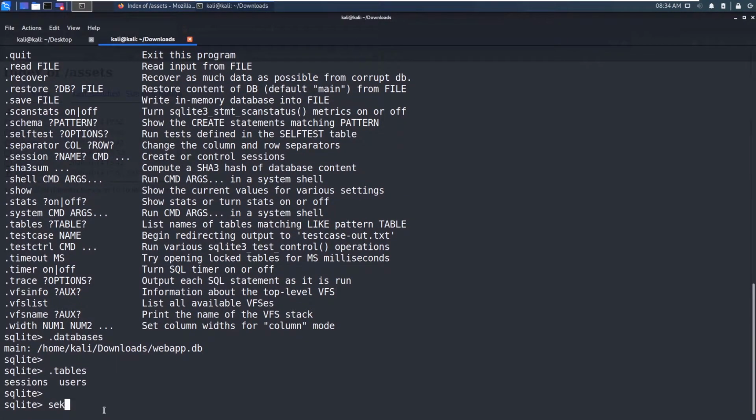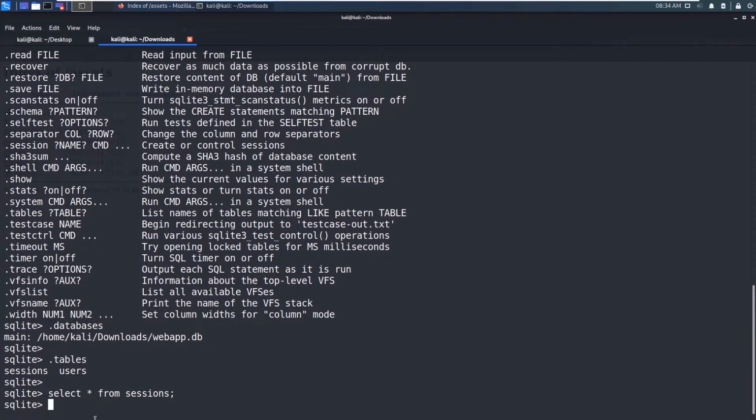So there are two tables, sessions and users. Let me view the data from the sessions. Select star from sessions. This select statement has been successfully executed, but other commands like show tables and show databases are not executing.